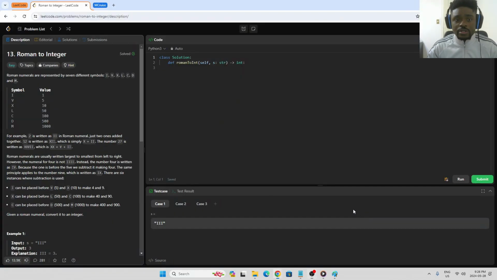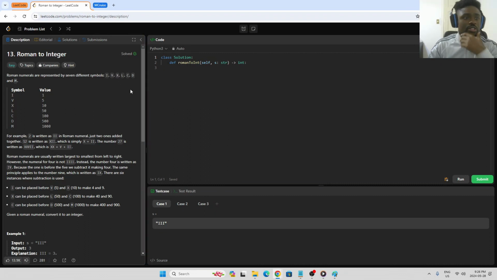Hi, my name is Uchenna Chima, and today I'll be solving Leetcode problem 13, Roman to Integer. So for this question, it says that Roman numerals are represented by 7 different symbols, these symbols with corresponding values, and they're written in